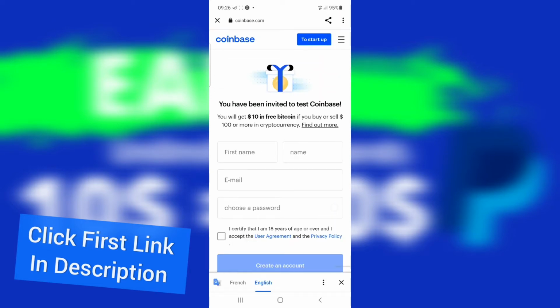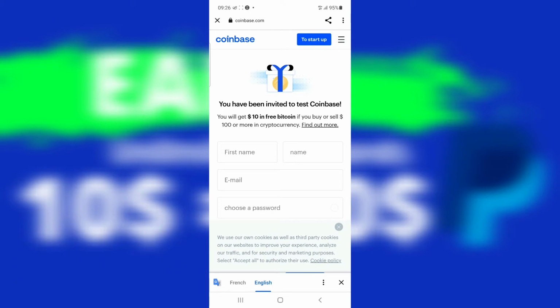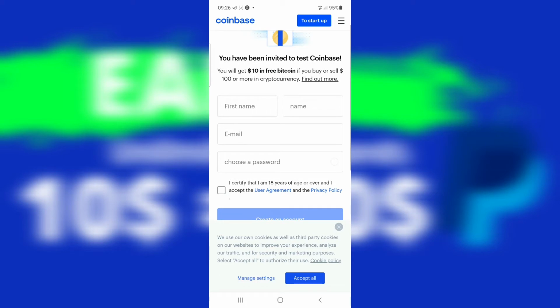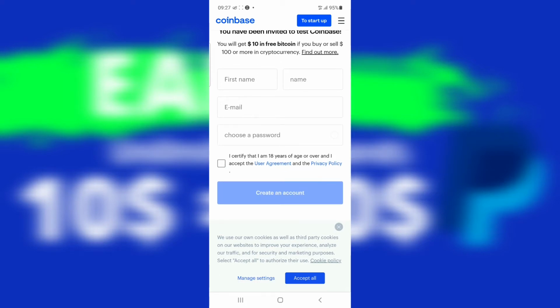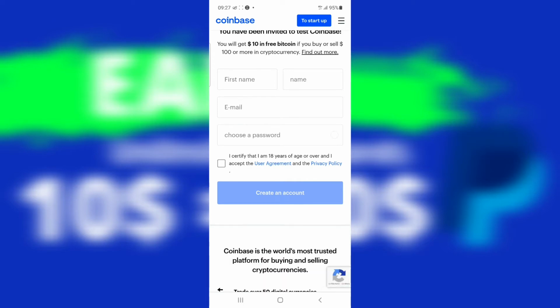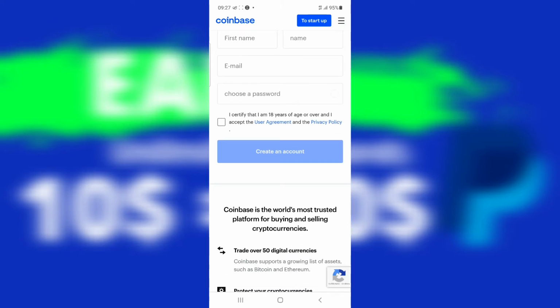Once you click on the first link, you will now go and create your Coinbase account. Creating your Coinbase account is very simple. Enter your first name, last name, email address, enter your password, accept the terms and conditions, and they will ask you to verify your account with your ID, maybe national ID or passport. You can use one of those to verify your account. It's very simple. They will ask you to scan your ID from their mobile app, and